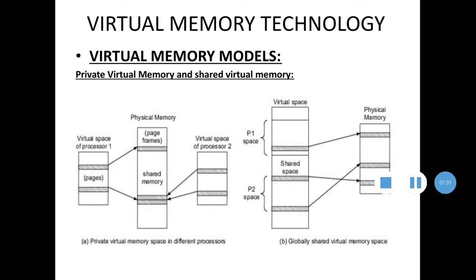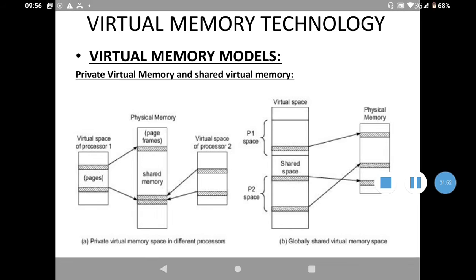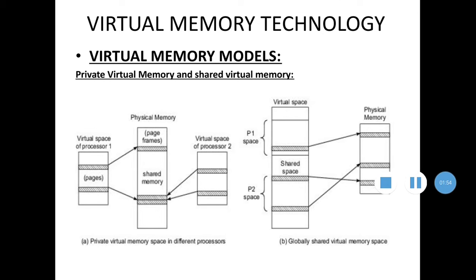So next we will discuss virtual memory technology, and in virtual memory models we have two types of model. One is private virtual memory and the other is shared virtual memory. So we have private virtual memory and shared virtual memory, and then if you see the private virtual memory space,